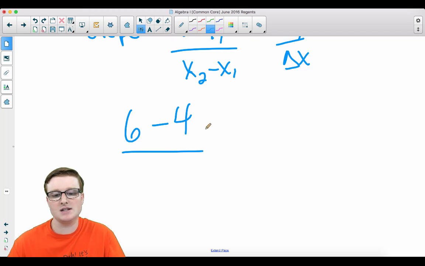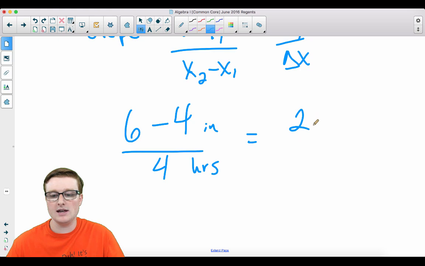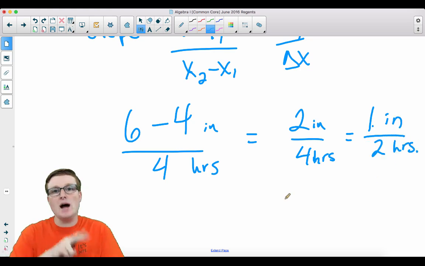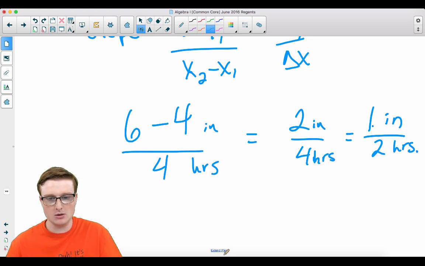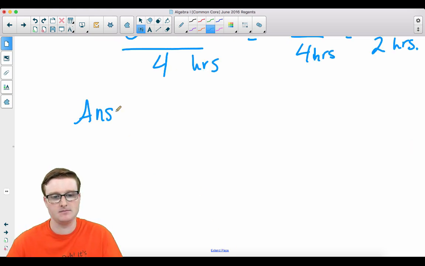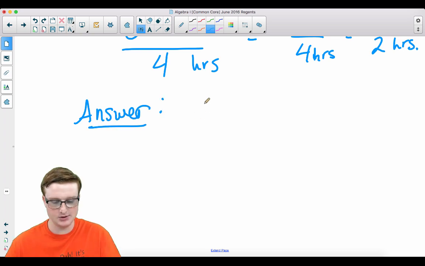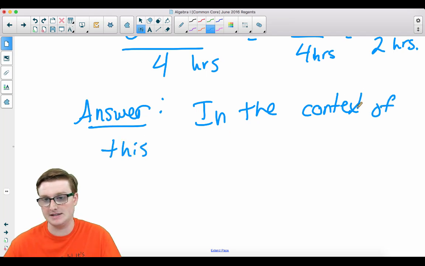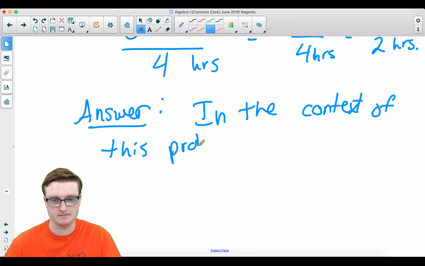So this is 6 minus 4 inches over 4 hours. That is 2 inches over 4 hours, which means 1 inch over 2 hours. So that means that in 2 hours, 1 inch of snow has fallen. So here is your answer. The answer is, in the context of this problem, oops, forgot the T. In the context of this problem,